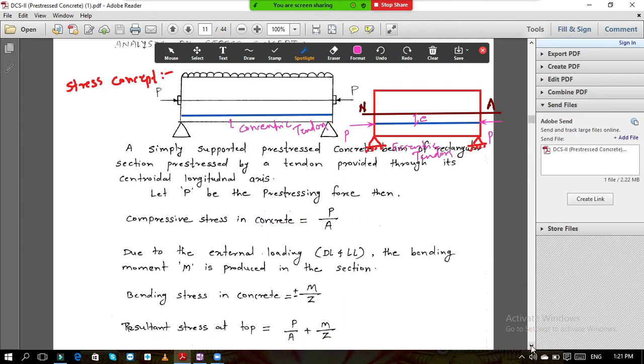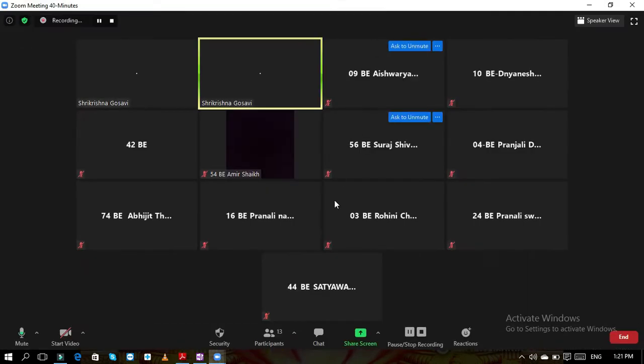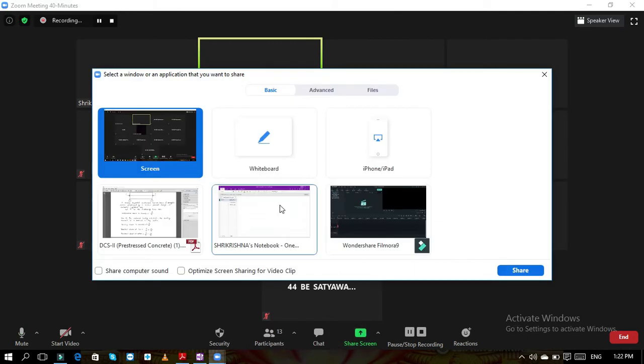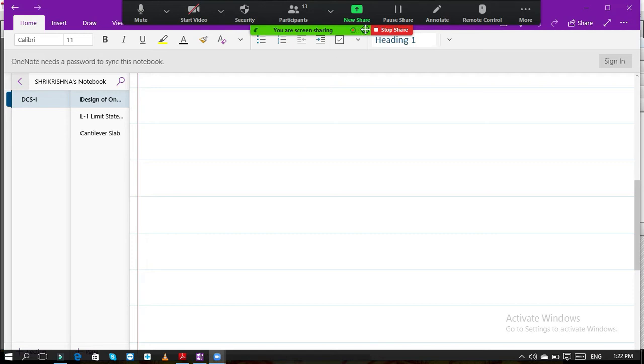This is known to you. Compressive stress is P by A. Okay. And due to the external loading, dead load and live load, the bending moment M is produced in the section, and thus the bending stress is M by Z. This is also known to you. So now see, if I show you specifically,